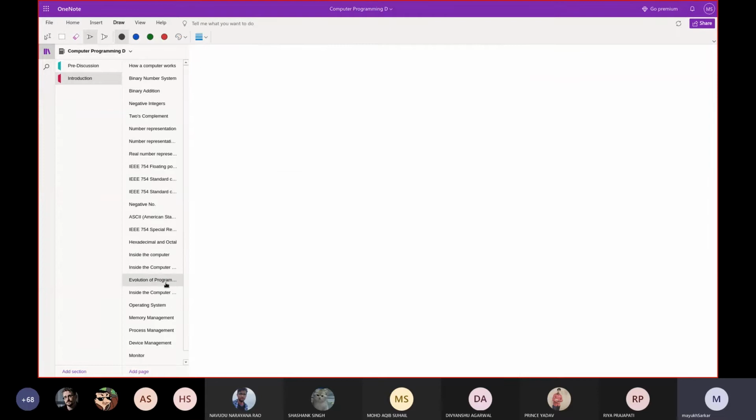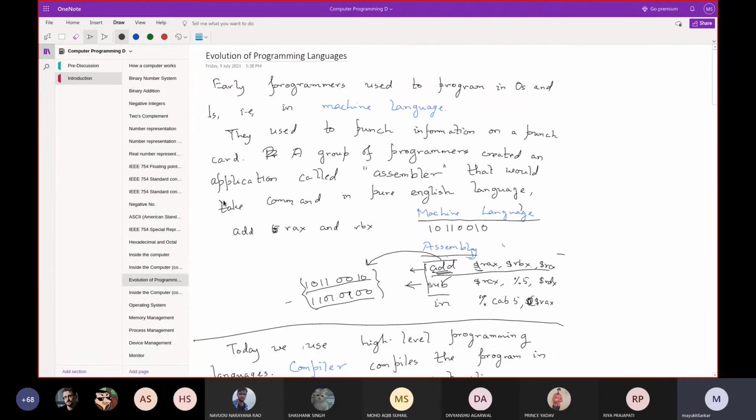And eventually in the evolution of programs, here we have seen that today's programming languages have not come directly. Rather, the first programs were direct machine language instructions. But programming that was difficult, so programmers created the assembler. But still, for very large programs, assembler did not meet the criteria, so programmers created the compiler.